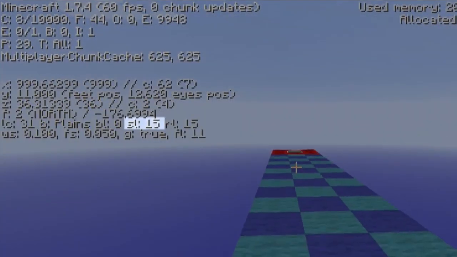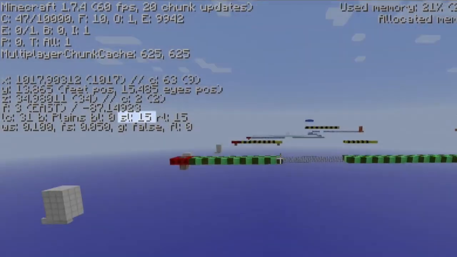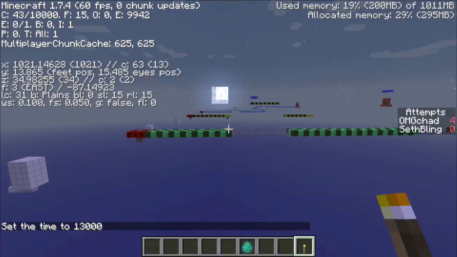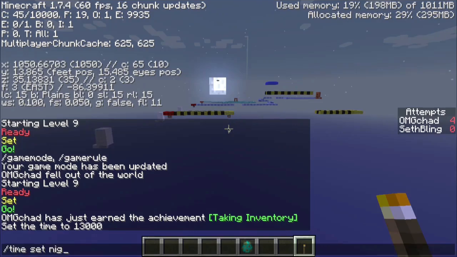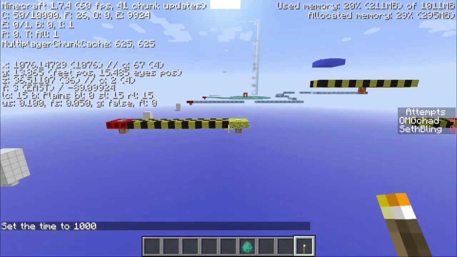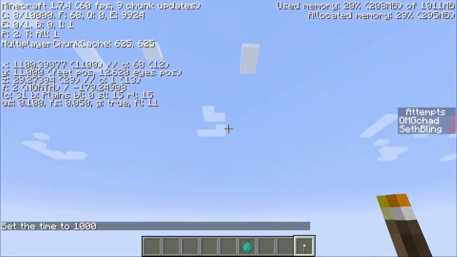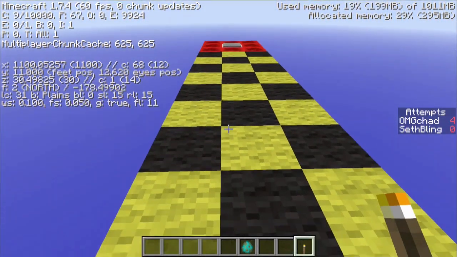SL is the sunlight level. Now this can get very confusing because even if I do something like time set night, and it's very dark, the sunlight level is still at 15. If I set that to day, if you keep an eye on SL, it doesn't change at all. This is a theoretical. This is based off of what the light could be because Minecraft handles sunlight and torchlight